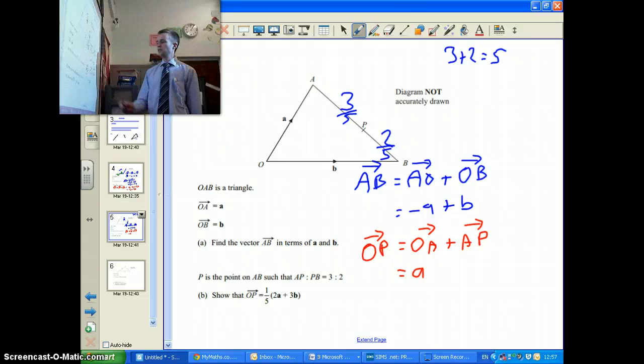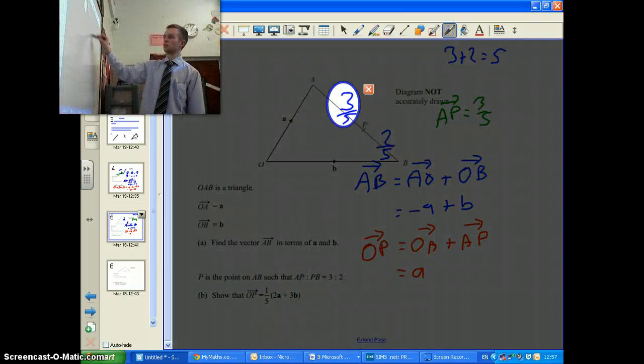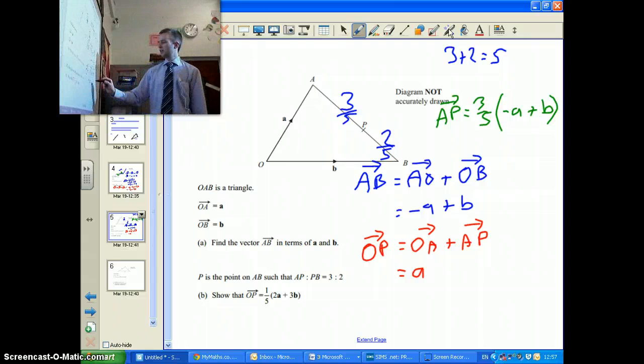Okay. And that one is quite tricky because it's going to be, let's have a look, we've got A to P is going to be 3/5, because from here, A to P is 3/5 of the total distance of A to B. Now I've already worked out what A to B is, so I know it's going to be 3/5 of this one here, minus A plus B. Okay, and so what I end up with is, down here I've got A plus 3/5 times minus A plus B,